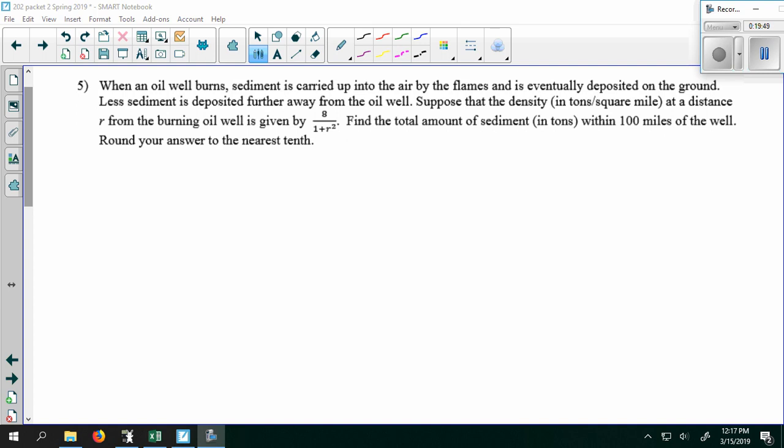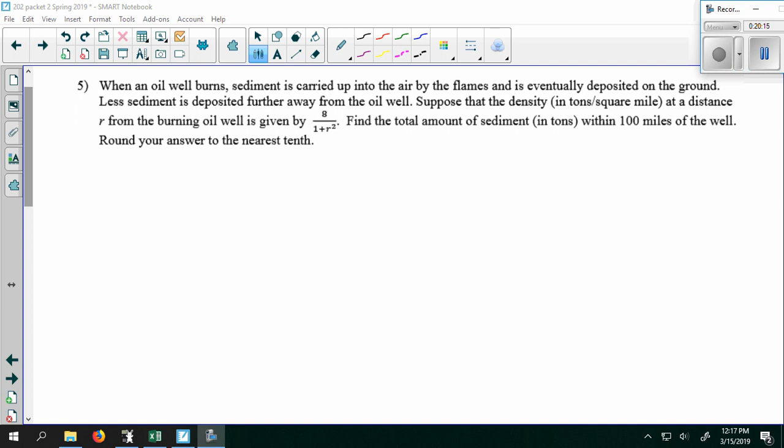It says when an oil well burns, sediment is carried up into the air by the flames and eventually deposited on the ground. Less sediment is deposited further away from the oil well. And suppose that the density in tons per square mile at a distance r from the burning oil well is given by 8 over 1 plus r squared. So we want to find the total amount of sediment in tons, that is a weight measurement, within 100 miles